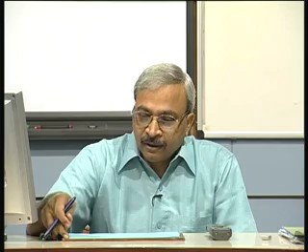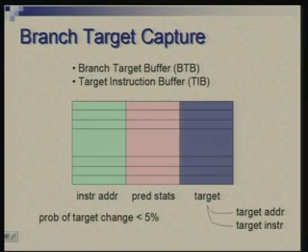Okay. Lastly, we are trying not only to know the decision early, either as an anticipation or by actual computation, we also want the target address to be available to us as early as possible. So, if you are keeping the history, if you are looking at what happened in the past, we can also record what the target address was in the previous occurrence of the same branch, and if that is available in a buffer, we can simply pick up the address from there rather than calculating it.